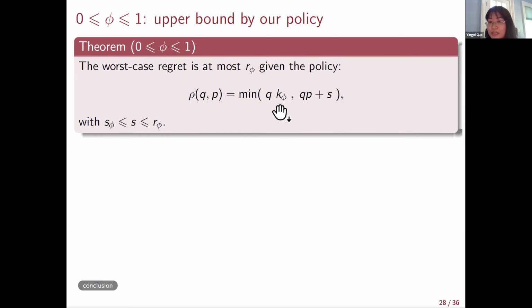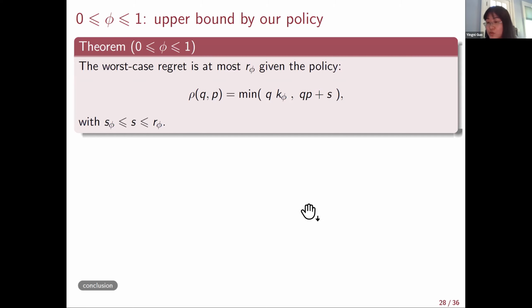The second element is that if the firm actually prices below this K phi, I would subsidize it for the difference between its price and this K phi. The main idea is that I want to encourage the firm to go beyond consumers like Bill Gates. If the firm charges a very low price and serves a very high quantity, I want to reward this firm by subsidizing it. The third element is that the total subsidy the firm can get should not be more than S. Okay, so I don't want to subsidize a lot because I worry about inducing overproduction.